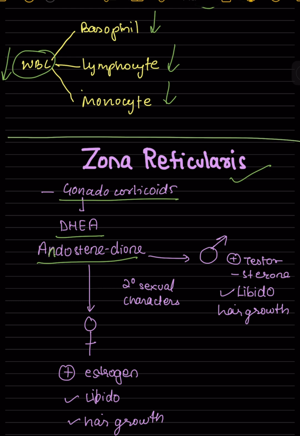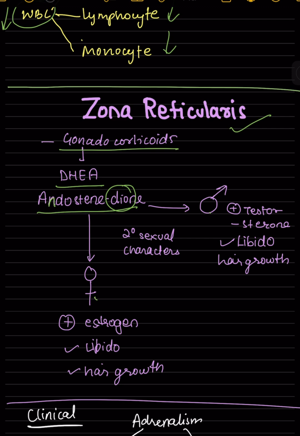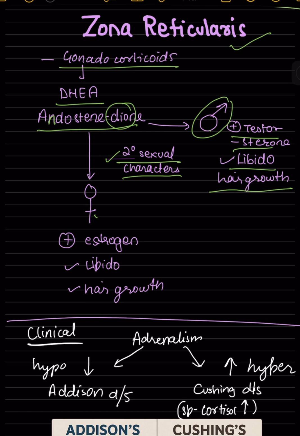It works on both male and female. It helps in the development of secondary sexual characters. For example, in males, it leads to formation of testosterone. It increases their libido and hair growth in axillary and pubic area. Whereas in females, it leads to the formation of estrogen, increases their libido and increases their hair growth. Now let's look at its clinical